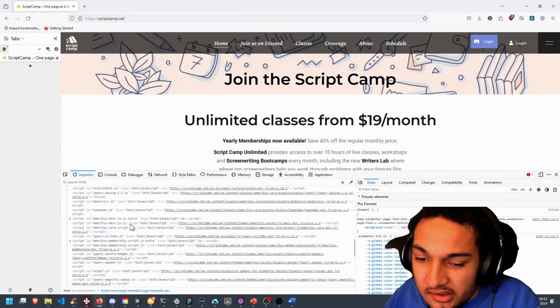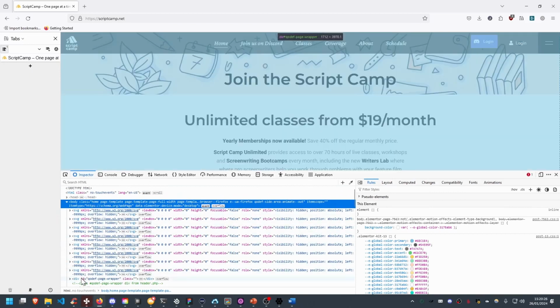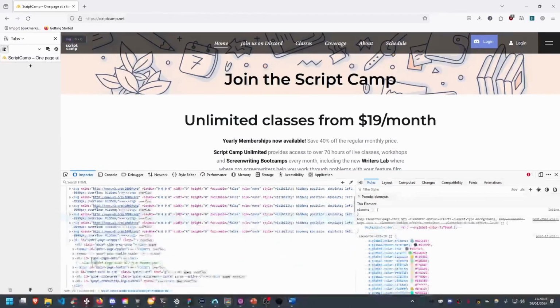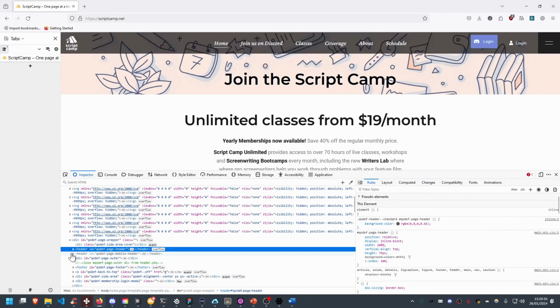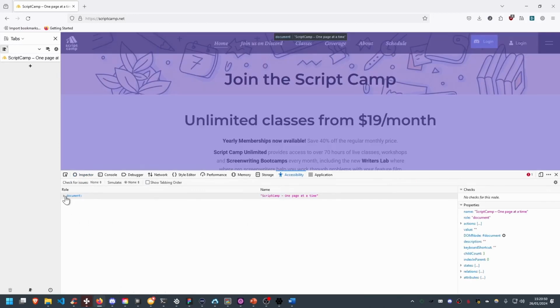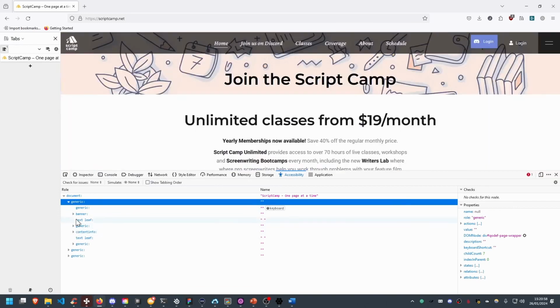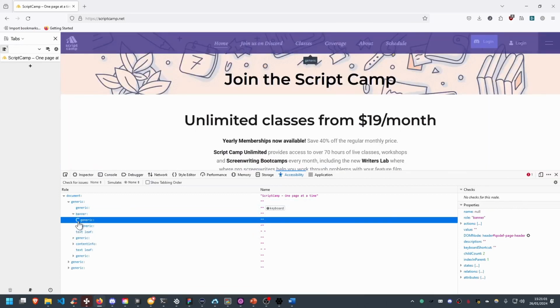So there's a lot of JavaScript here, a lot of JavaScript. We have a page in here, and we can find the banner somewhere. It'll be one of these near the top, that one. There is also an accessibility menu. On Chrome, it's in a different place. I'm using Firefox, which has its own accessibility tab. And we can go into this, and this is the accessibility tree that I was talking about earlier. So we can go into this page, into the banner, which is a heading. It's this one.